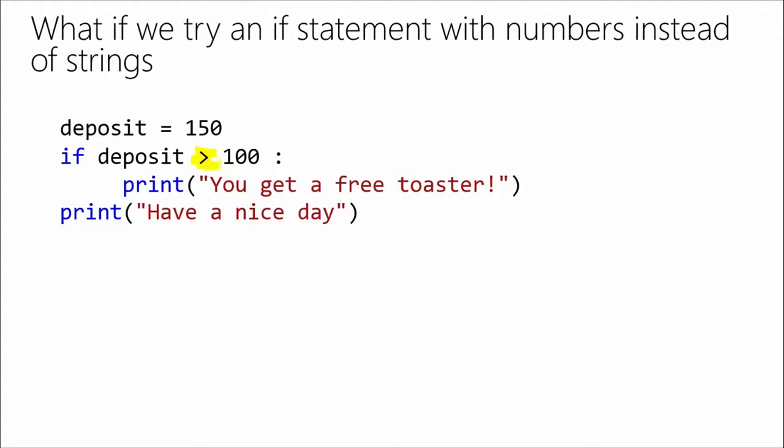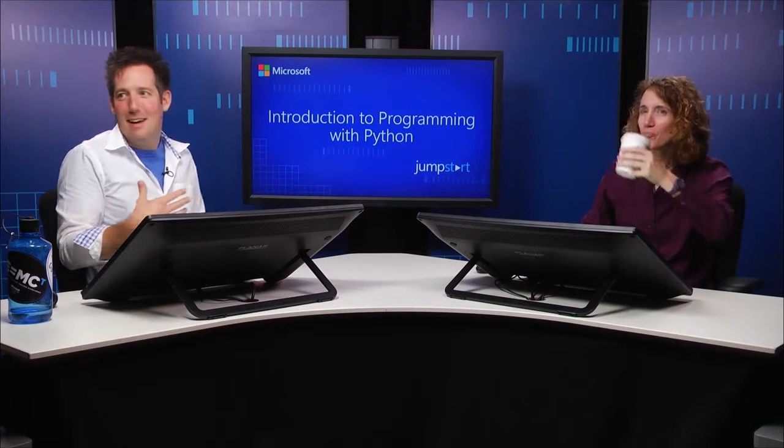I remember these days. You can't be 29 and remember the days of depositing something and getting a free toaster. Hey, are you kidding? People still use toasters? What's wrong with that? Well, you don't go to a bank and get a free toaster anymore. Where do I go get a free toaster? We give them out here. All right. Cool. Free toasters. Yeah, so we'll go collect a toaster.